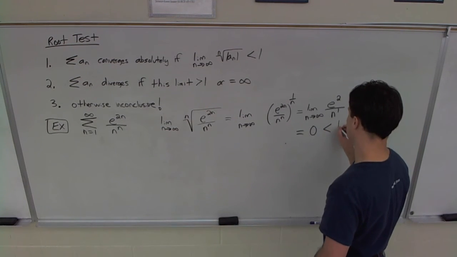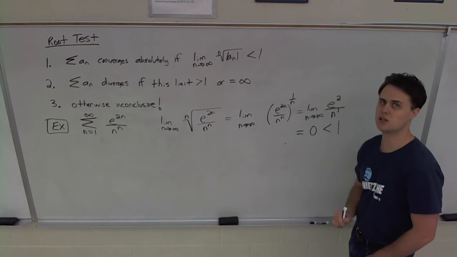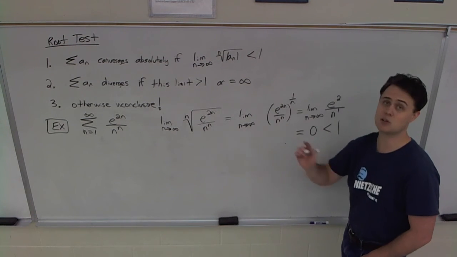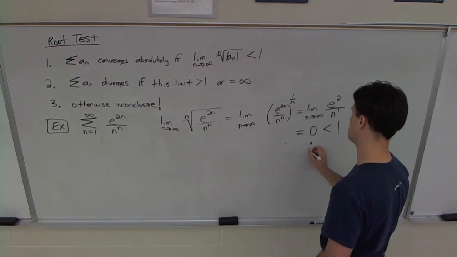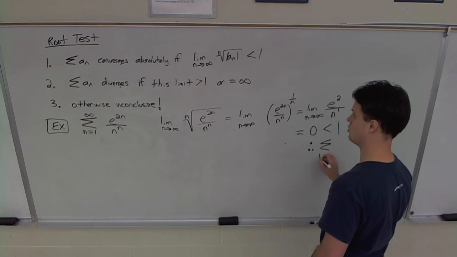0 is, of course, less than 1, so by condition 1 in the root test, we have that that series is absolutely convergent, and of course you need to write that out. So you'd say something like this: therefore, this series